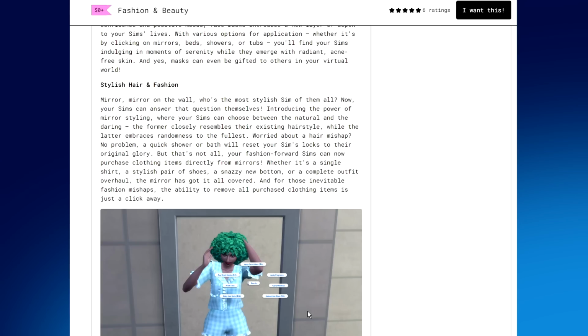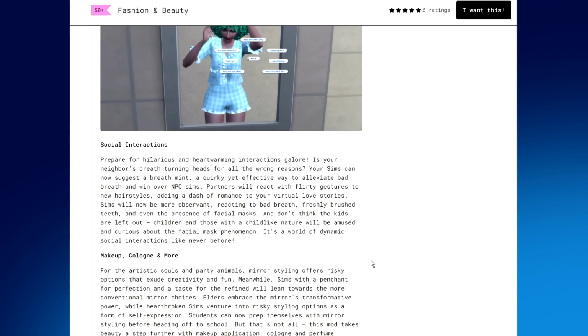And for those inevitable fashion mishaps, the ability to remove all purchased clothing is just a click away. Social interactions. Prepare for hilarious and heartwarming interactions galore. Is your neighbor's breath turning heads for all the wrong reasons? Your Sims can now suggest a breath mint, a quirky yet effective way to alleviate bad breath and win over